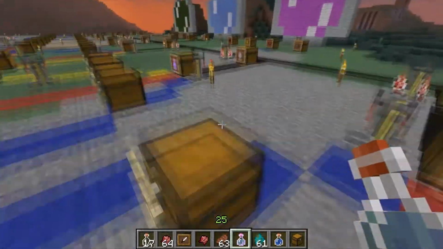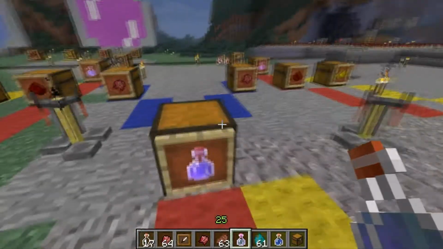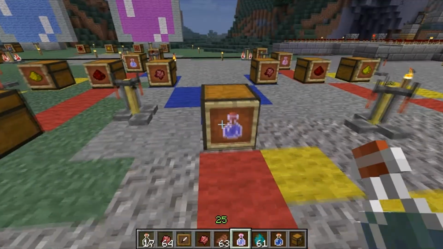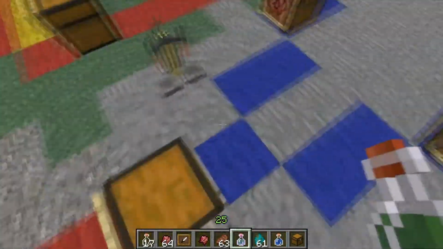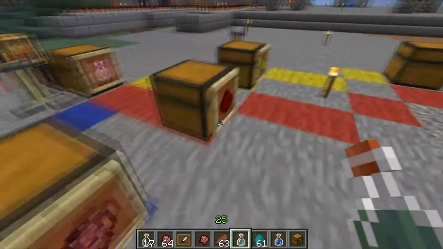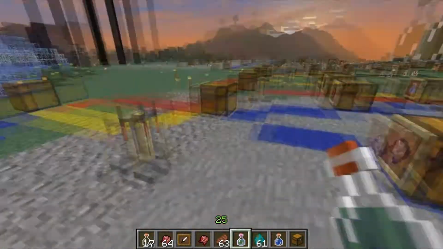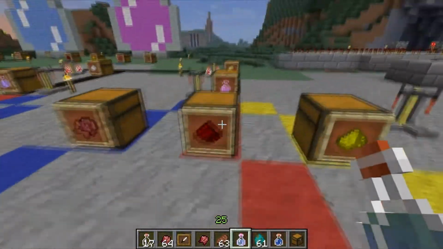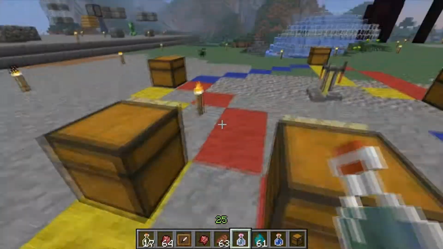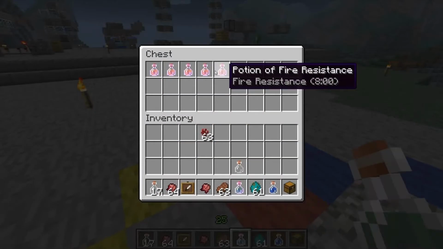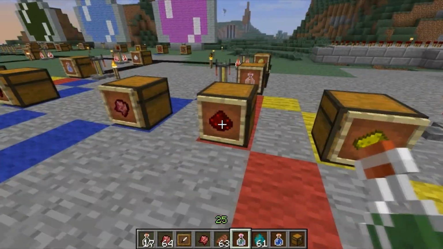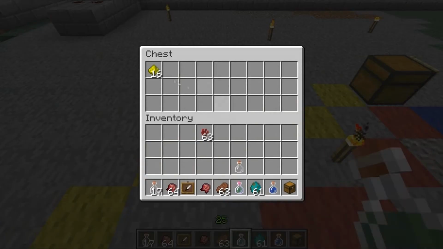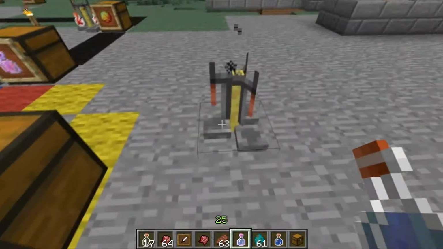Fire resistance doesn't really make sense, but if you put a fermented spider eye to it, it's going to give you a potion of slowness, which is a path I pretty much don't use just because it doesn't make sense to me. And this one is a little different than some of those down there. What you've got here is your fire resistance, and what that'll do with your fire resistance, I believe, is bring you to the same effect. Let's test that. I'm not 100% sure that's true. I haven't tested this one before, but